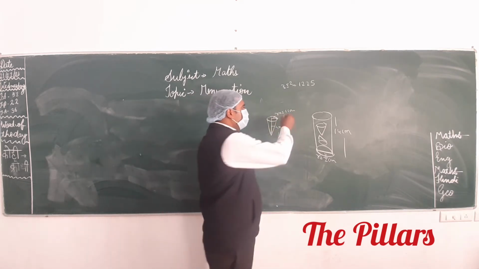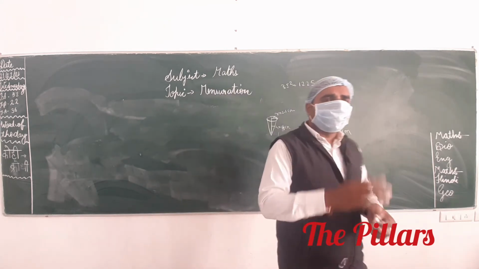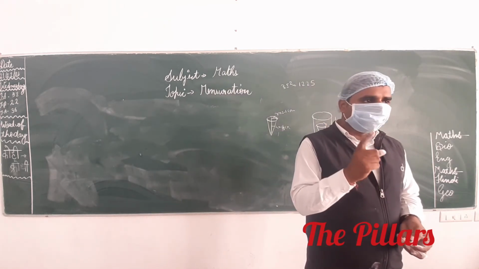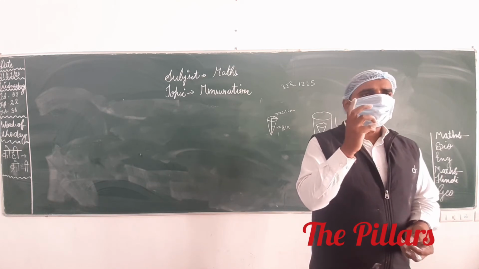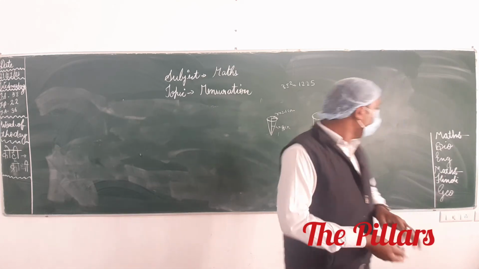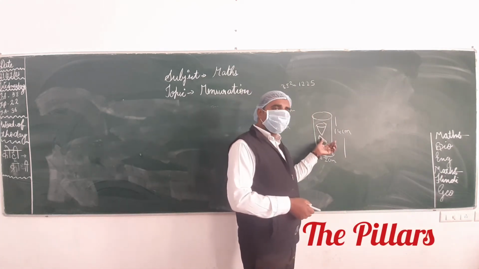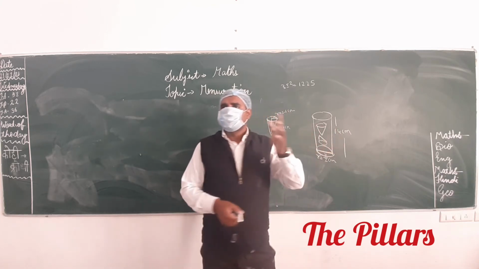Anyone have any problem? You see that first you have to calculate the total volume of the cylinder. First you have to calculate the total volume of the solid cylinder. After that you see that these two cones are of equal volume because